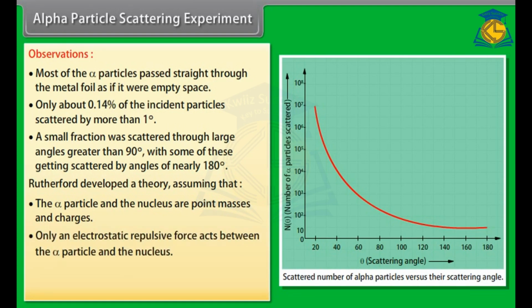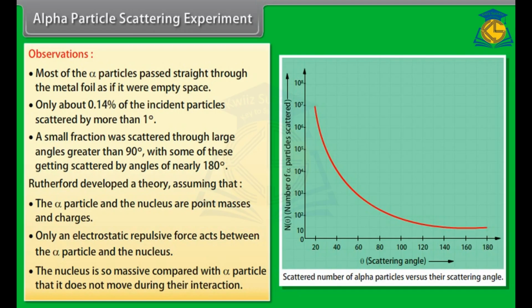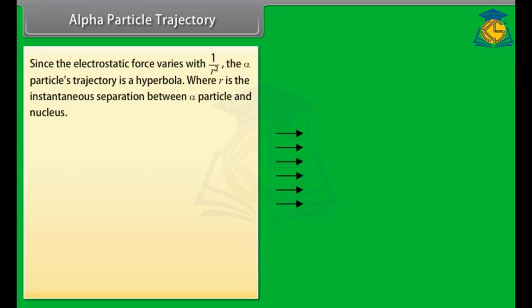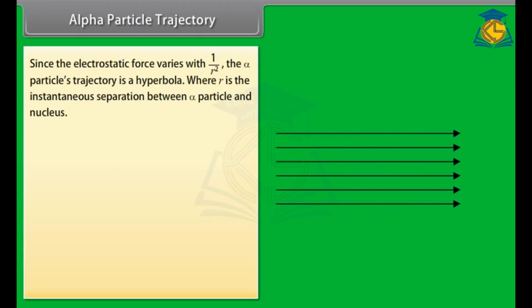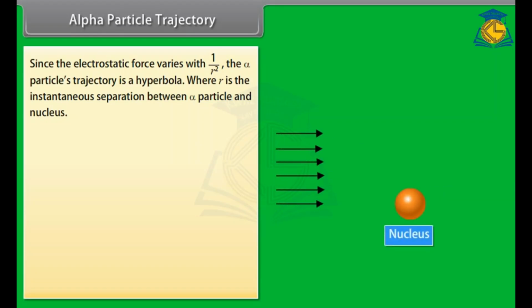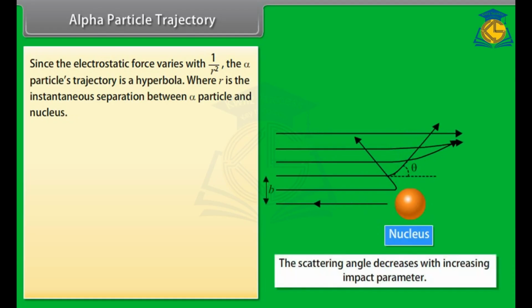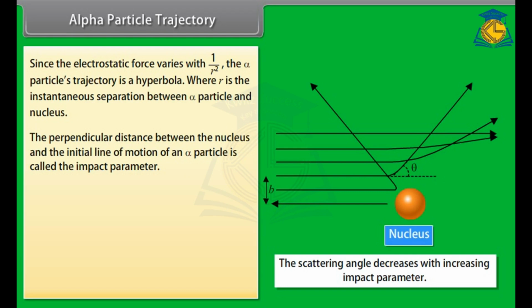Only an electrostatic repulsive force acts between the alpha particle and the nucleus. The nucleus is so massive compared with the alpha particle that it does not move during the interaction. Alpha particle trajectory. Since the electrostatic force varies with 1 upon r square, the alpha particle's trajectory is a hyperbola, where r is the instantaneous separation between the alpha particle and the nucleus. The perpendicular distance between the nucleus and the initial line of motion of an alpha particle is called the impact